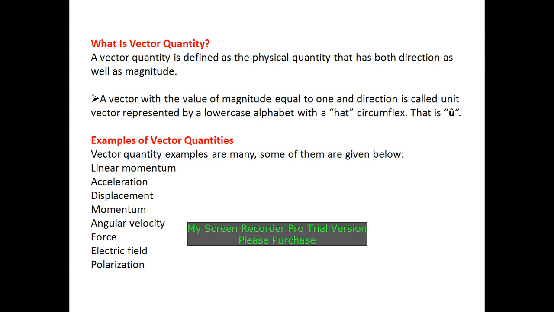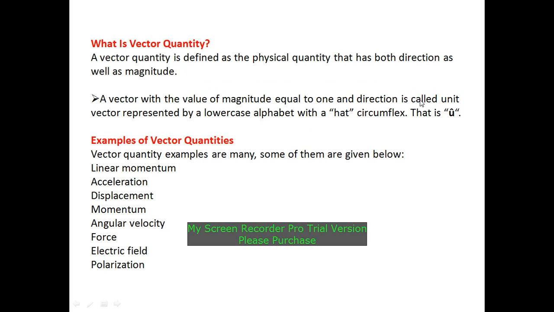And at the same time, if we consider that the body is rotating in a circular or rotational way, then we can consider the angular velocity of that body or that particle. But then also we identify the direction of a force, or the direction of a velocity or component of a velocity. So all these quantities require direction as well as magnitude, and then it is called a vector quantity.